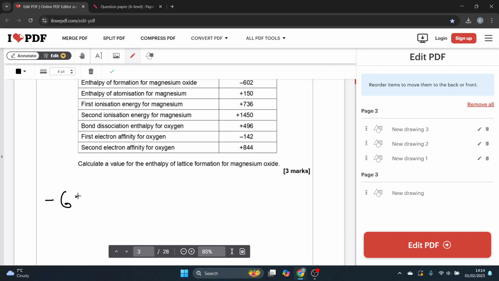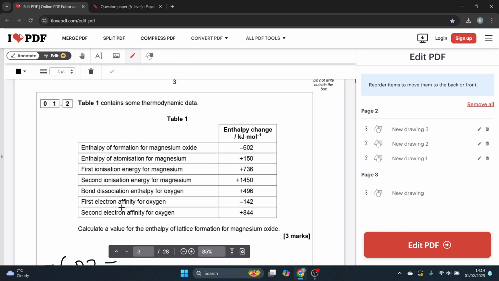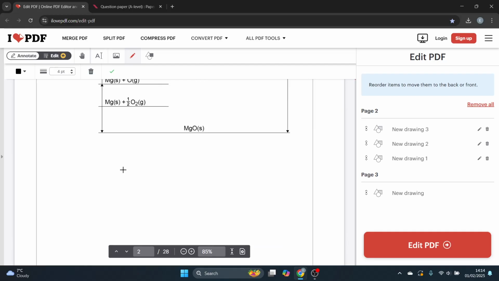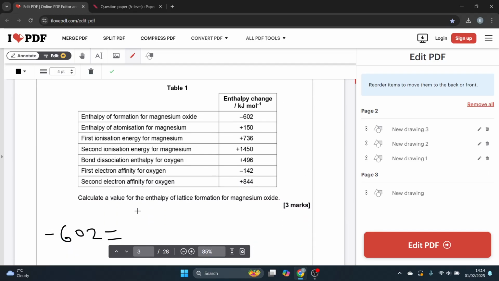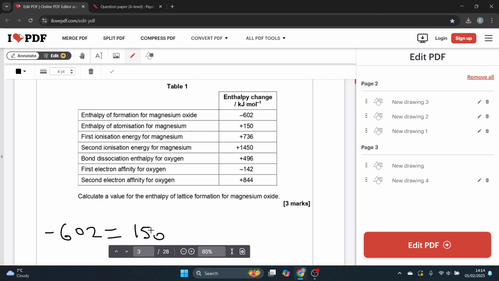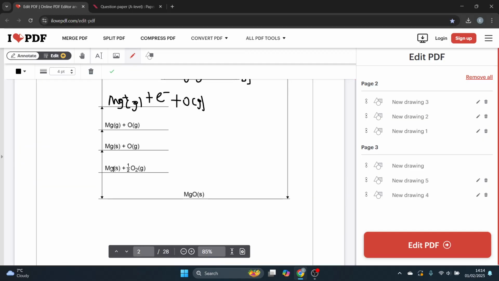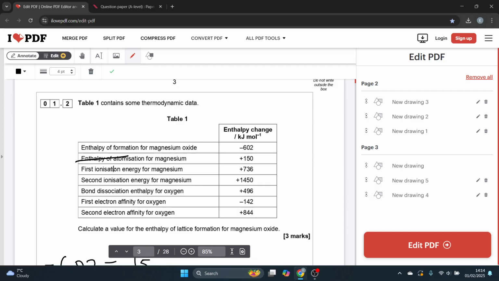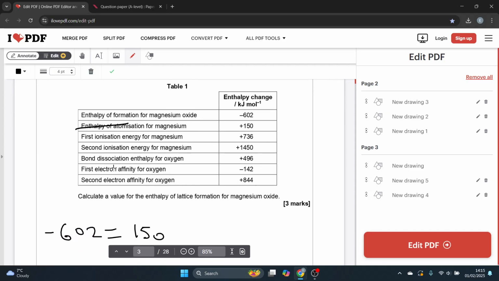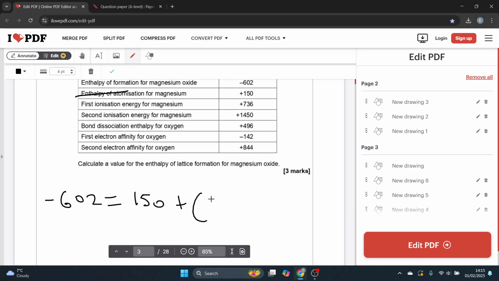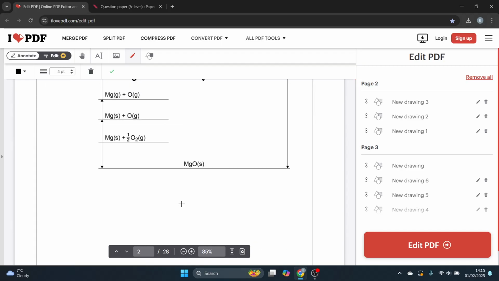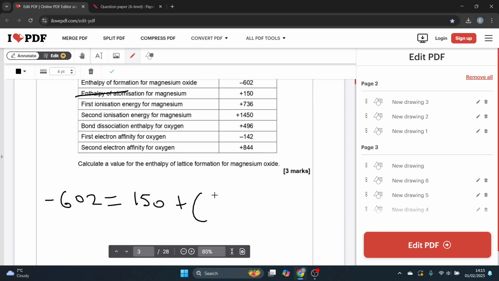So what I'll do is minus 602 equals the enthalpy of atomization for magnesium, 150, plus the dissociation enthalpy for oxygen, but it's a half of it, a half times 496,